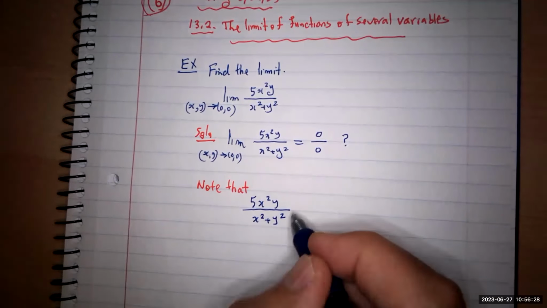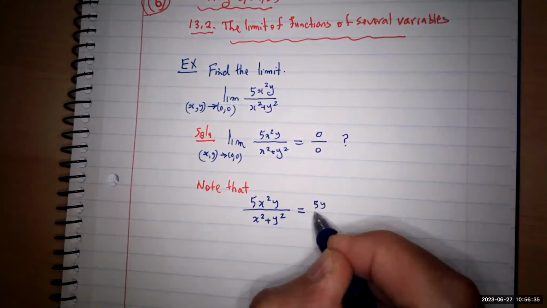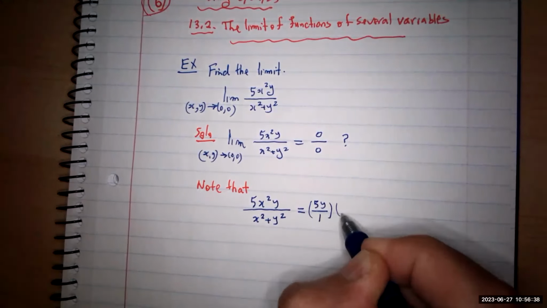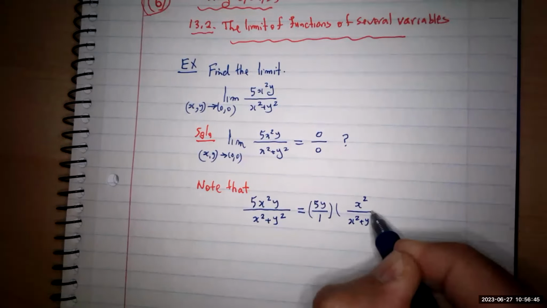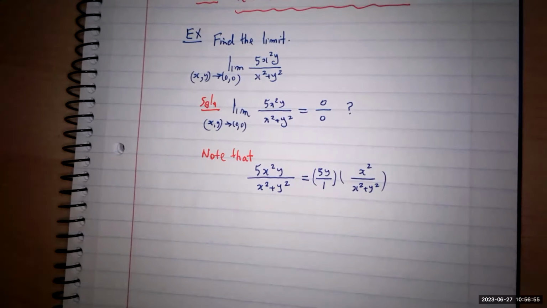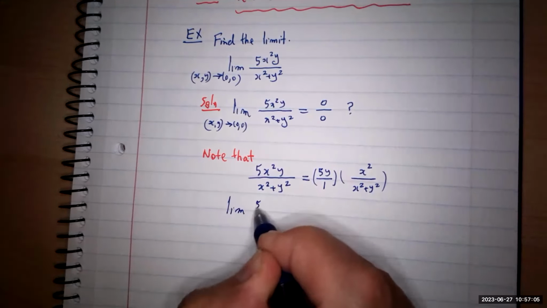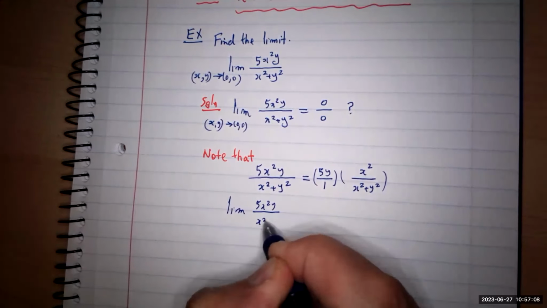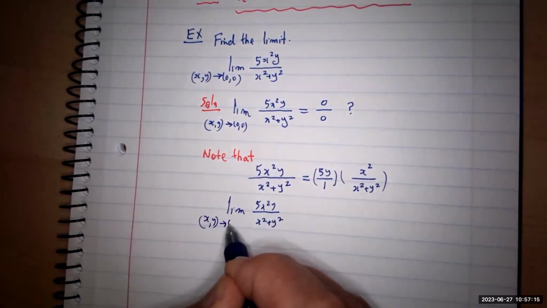If you break it in two parts, I give the 5y here, 5y divided by 1, and the leftover is going to be x squared over x squared plus y squared. So I change it into a kind of product of two functions. We're just going on informally. So informally, the limit of 5x squared y over x squared plus y squared, as (x, y) goes to (0, 0),